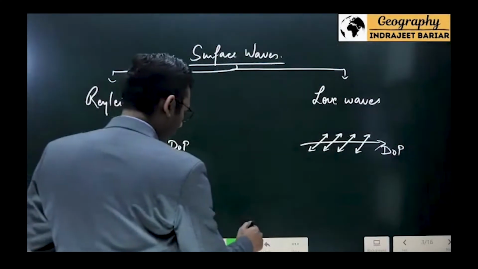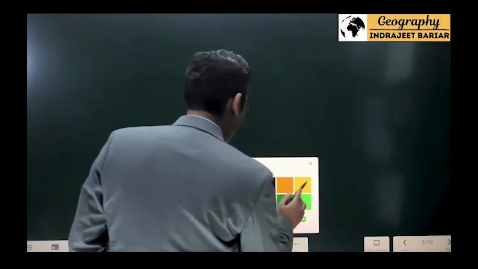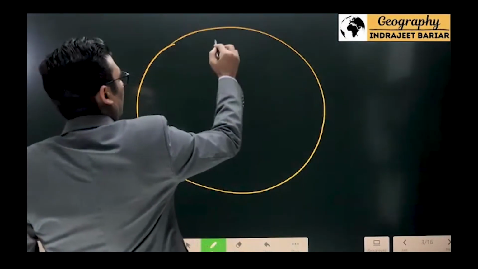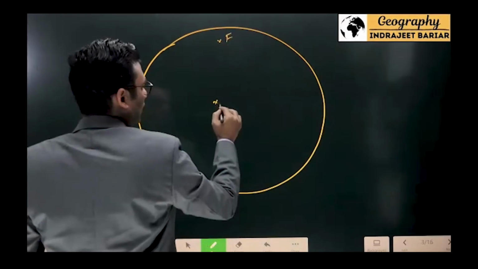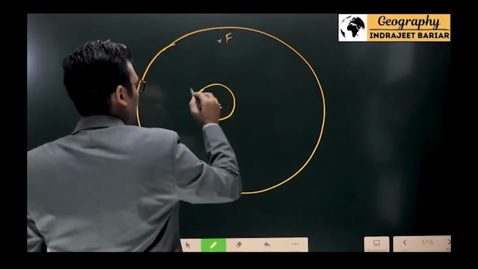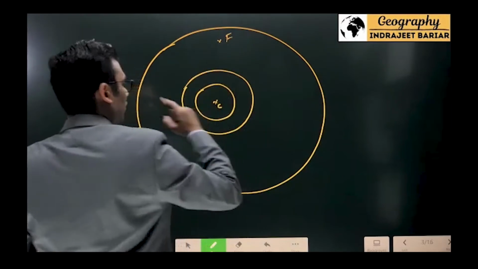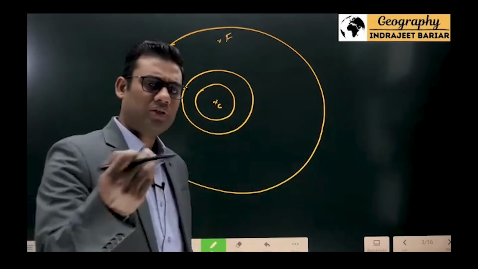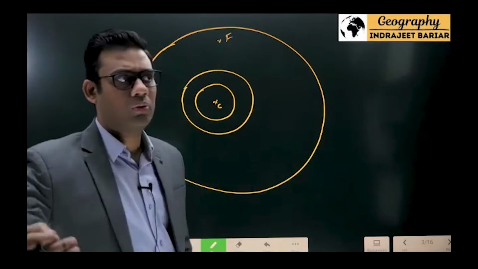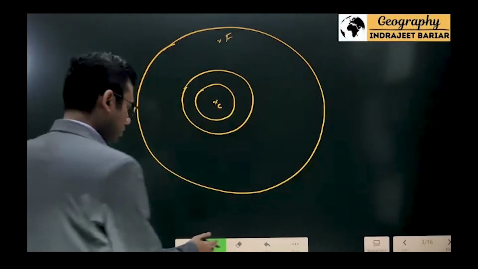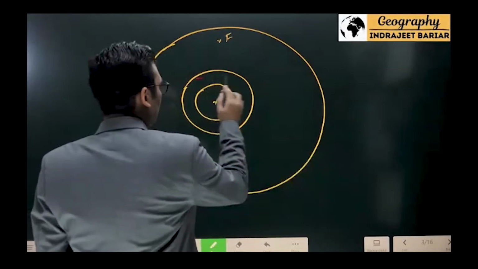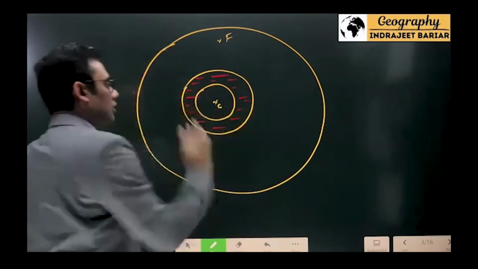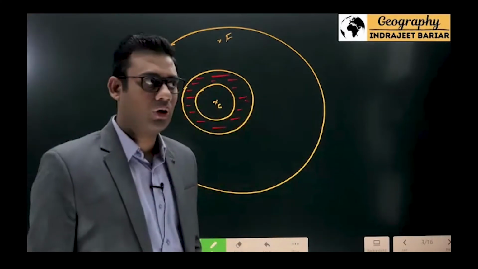For shadow zone, a basic idea is, if this is the focus, let's say the center of the earth, and I have certain layers over here. So in the interiors of earth, we have a crust, mantle, core. In the core I have inner core and outer core, in which the outer core we know is in liquid form. We'll see it later also under interiors of earth. But as of now, this layer is liquid or molten.